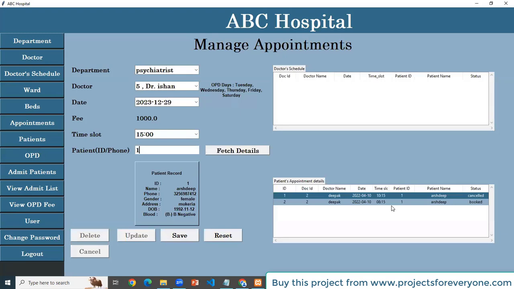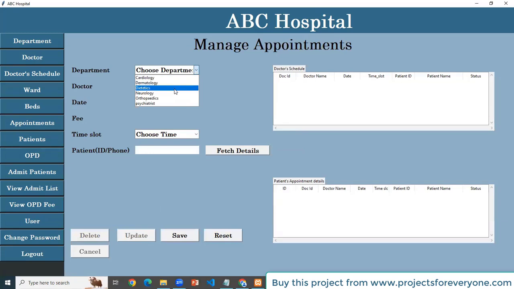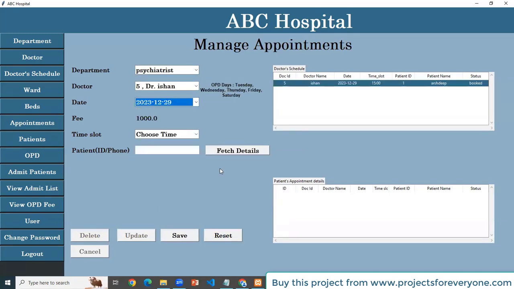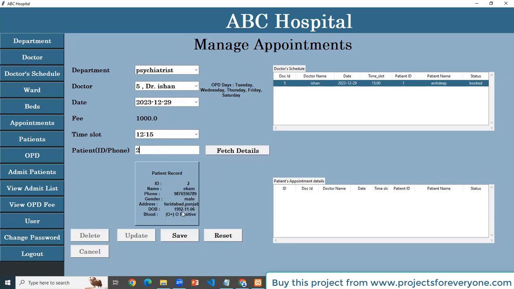Now give the patient ID. We can also see total appointments of that patient. Now we can also view in a table how many appointments Ishan has.